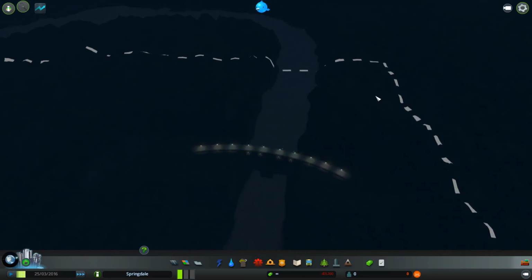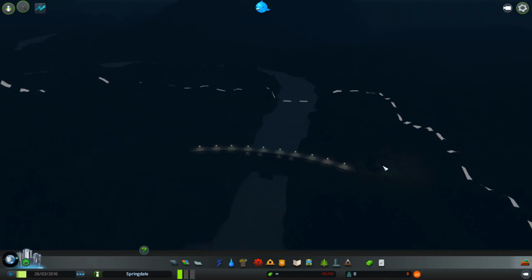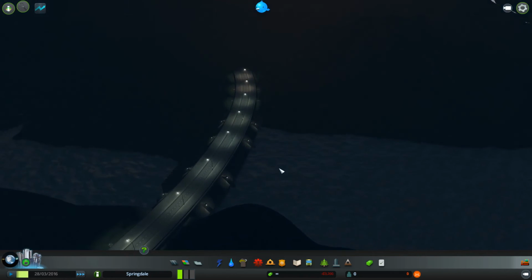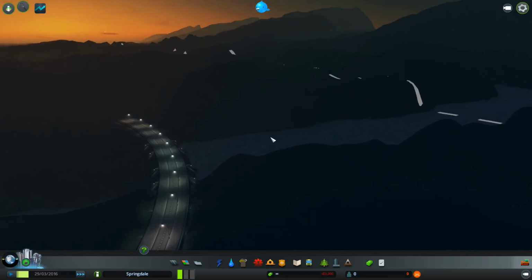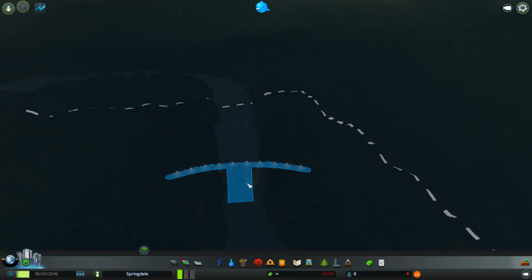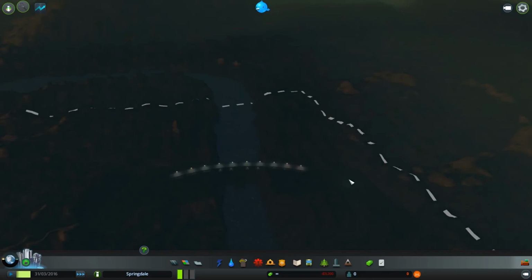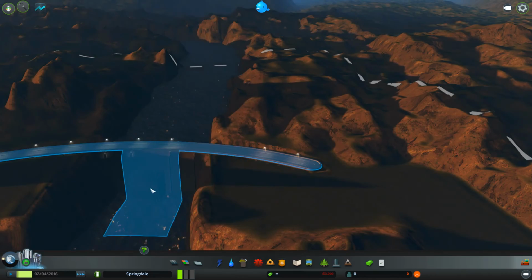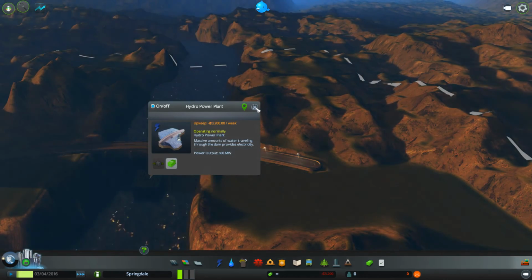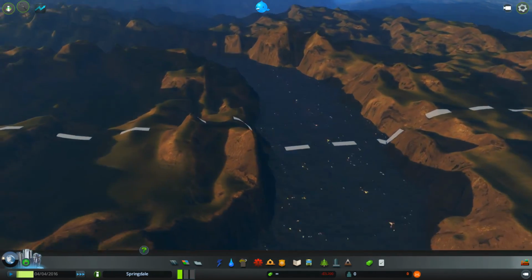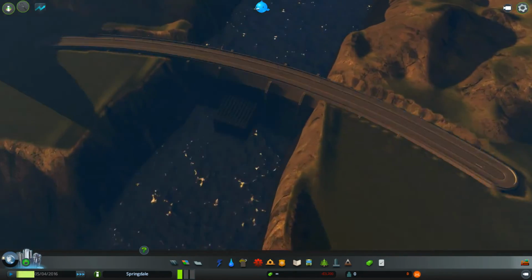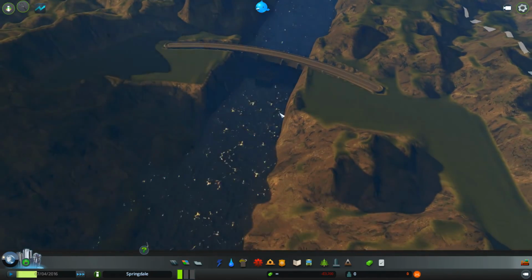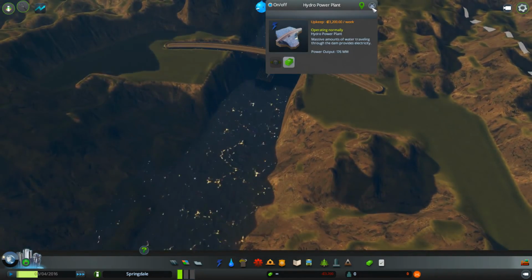So it's 160. It's not brilliant. I mean, maybe we could raise the level of the dam a little bit. Is it important? Yeah. Oh. Yeah, I mean, it's working. And you can hear the noise as well. Look. That's cool. 160,